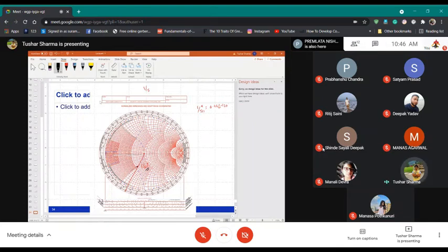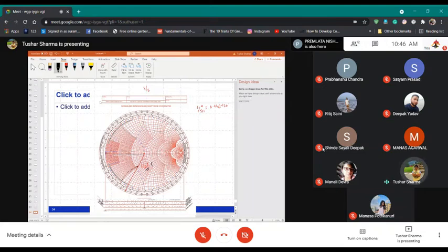I'm not able to see it well actually. This is 0.6. Yeah, 0.6, 0.5. So you will go on the constant admittance circle. So the impedance will be around,